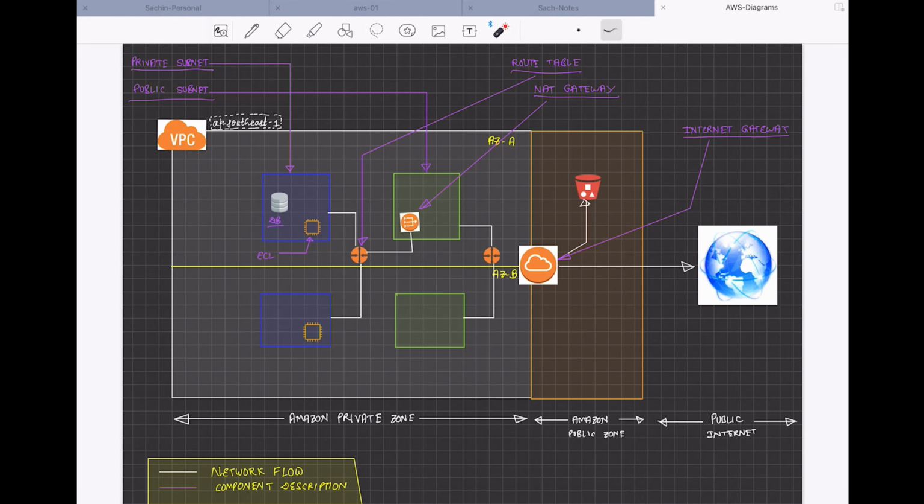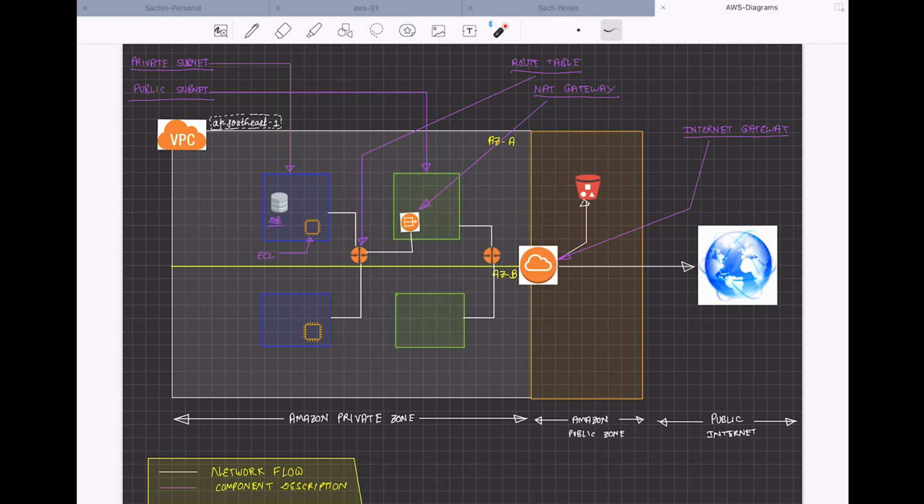I just want to mention one point: why is a subnet called a public subnet? Because in the route table, the default entry for 0.0.0.0/0, that default routing, is via the internet gateway. So anything which is local to the VPC should resolve locally, but anything else should go via the internet gateway. And so the moment you make this a public subnet,